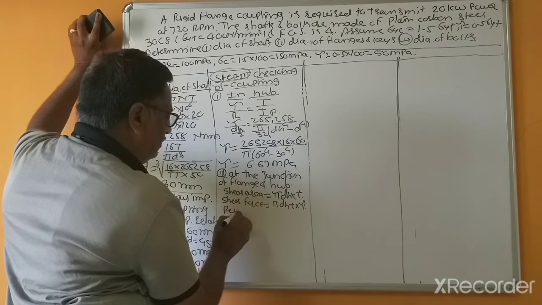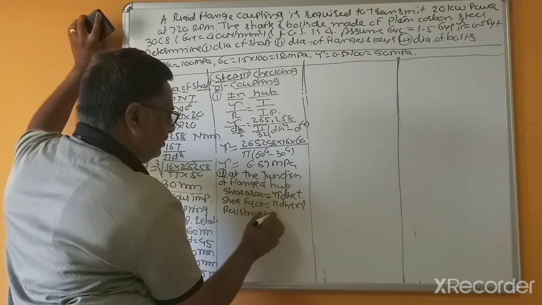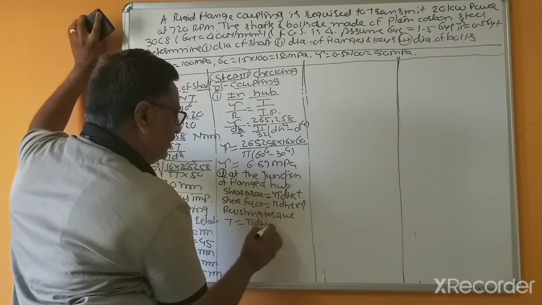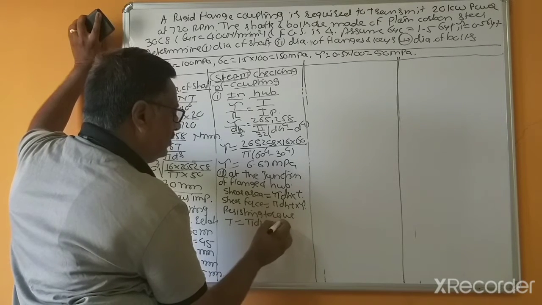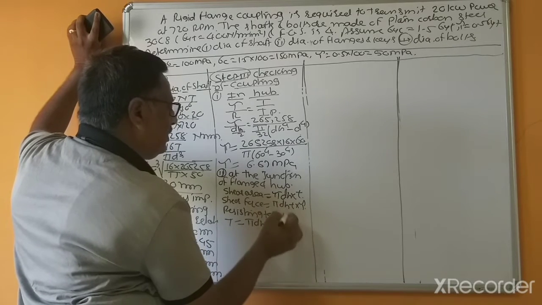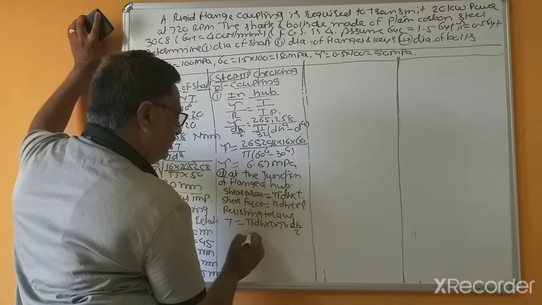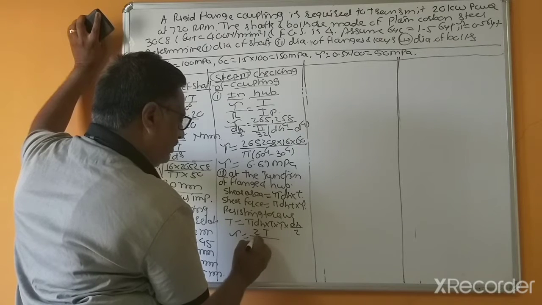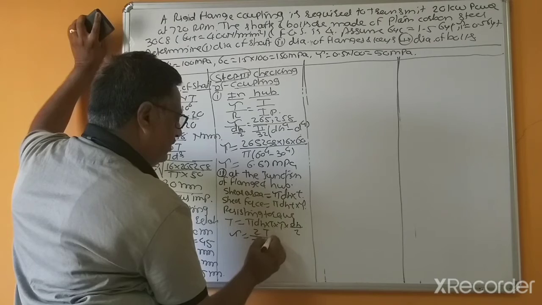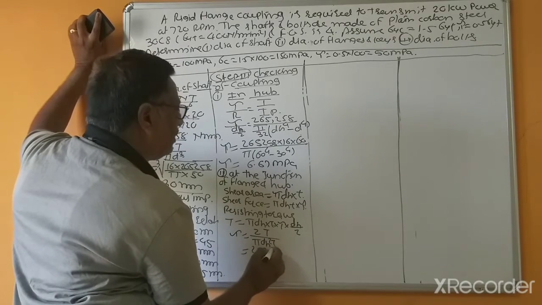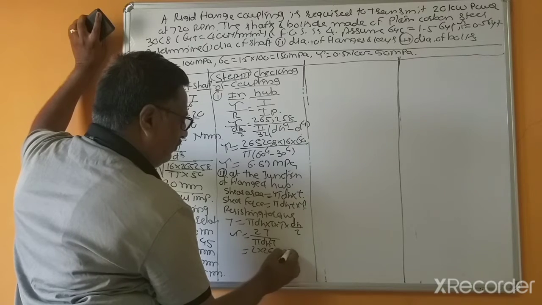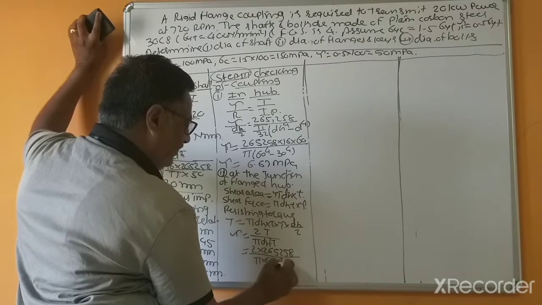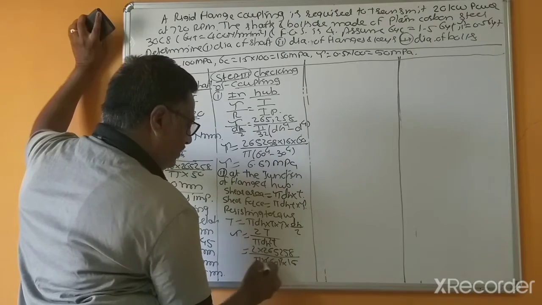and resisting torque T equal to shear force pi d h into T multiplied by tau, and this is the radius equal to, we can take dh divided by 2, or tau equal to 2T divided by pi dh squared multiplied by T. This is 265,258 divided by pi, diameter of the hub 60 squared, and this is thickness, and this is 15.